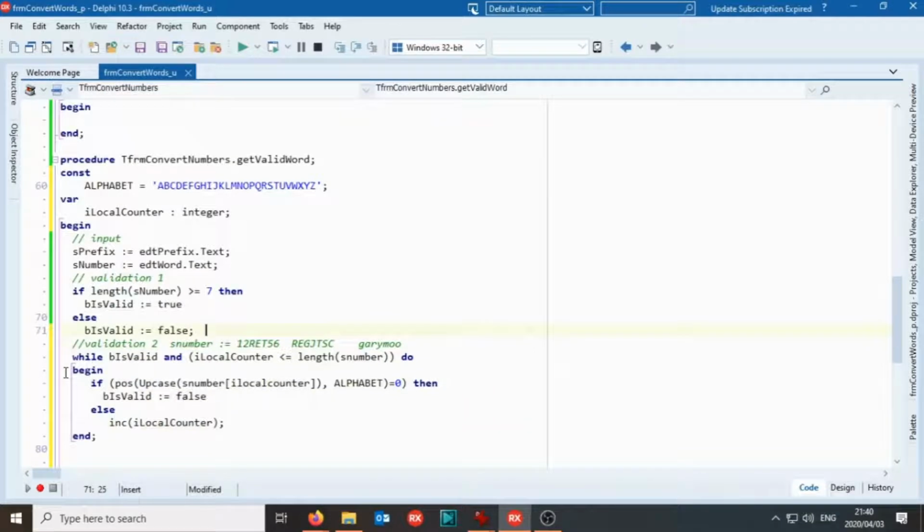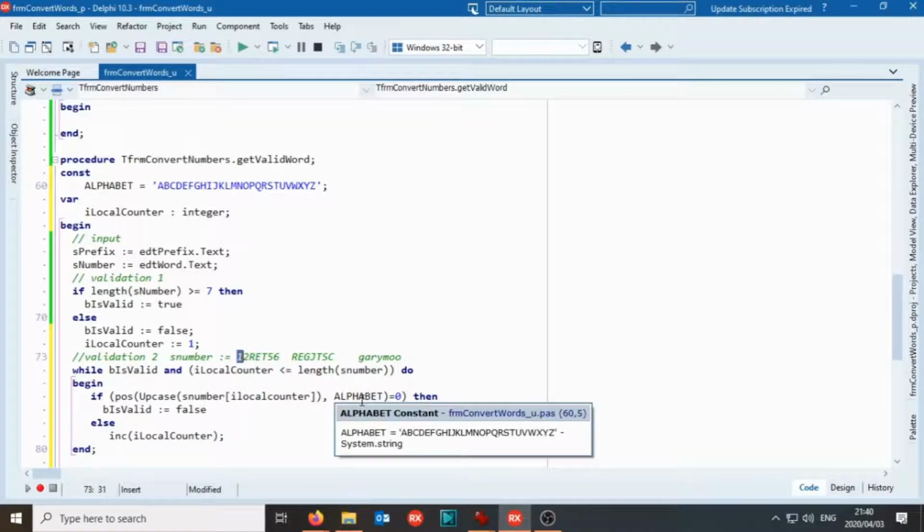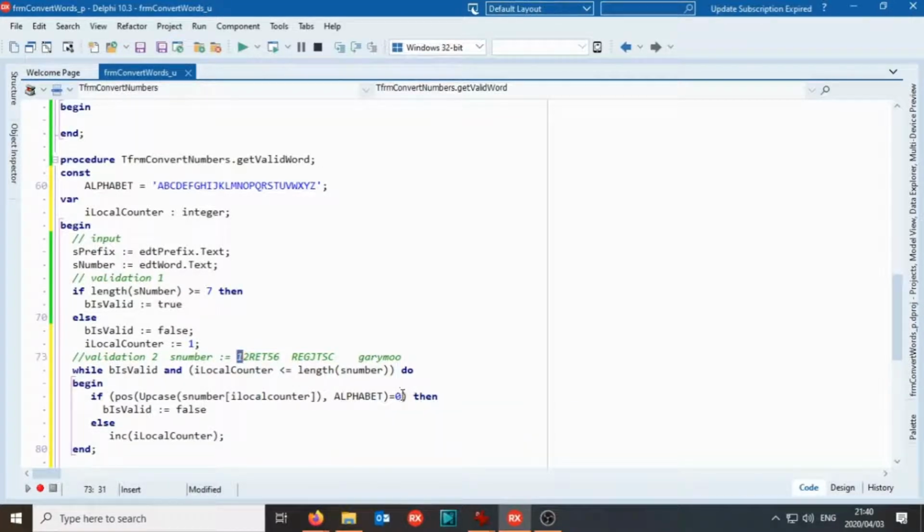Before we go into the while loop, remember, initialize. So I local counter, we need to set to 1, to the first character. So the way it works is this. It's going to look for S number, the first value there. So we're going to try to upcase, it's a 1. So it will give us 1 there. Is 1 in alphabet? No. So it will return for us a 0, which means that's going to become true, which means our validation is